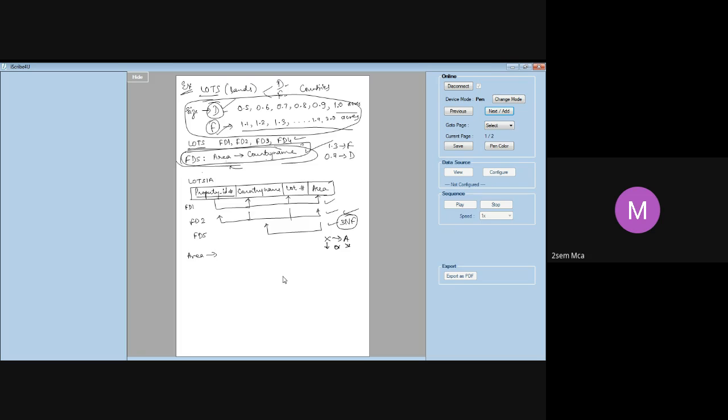But is it in BCNF? It is not. This FD5 violates BCNF. It violates BCNF because BCNF requires, what is the definition of BCNF? If X determines A, X has to be a primary key, that's all.